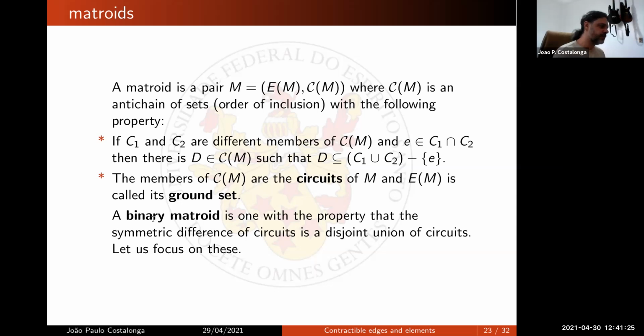In a binary matroid, we have an additional property that the symmetric difference of circuits is a disjoint union of circuits. So in particular, this property is a consequence of this more particular property of binary matroids. So we may think only of binary matroids: a finite set, a family of subsets that we call circuits, and the symmetric difference of circuits is a disjoint union of circuits. And as an example,